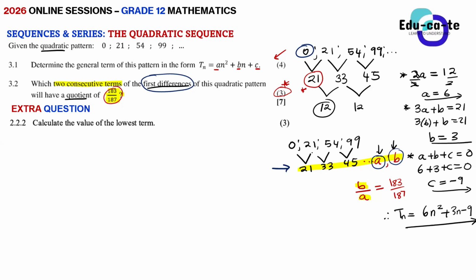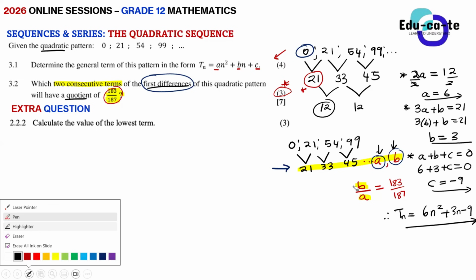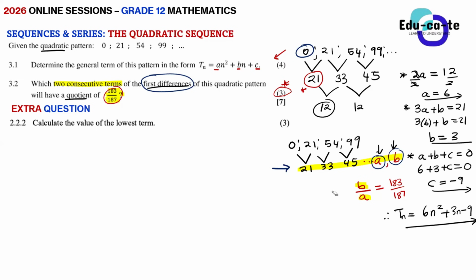Yes, I can see strategies on us, sir. It depends. You can say A over B, guys. You can try with A over B as well, if you have good deductive reasoning. 183 out of 187 means that the numerator is smaller than the denominator. Which one is smaller than the other between number A and number B, if they are following each other in this way?